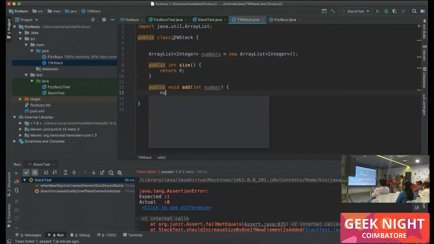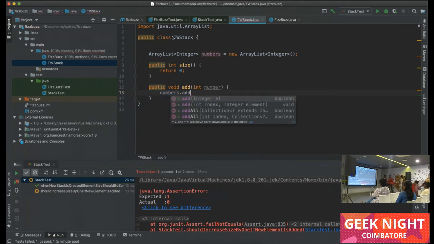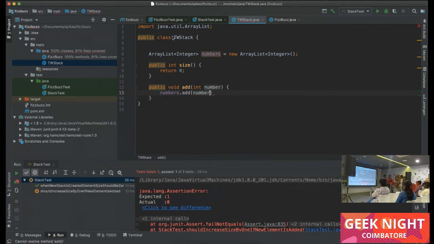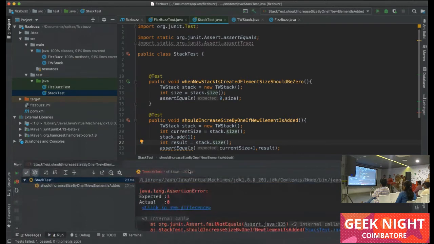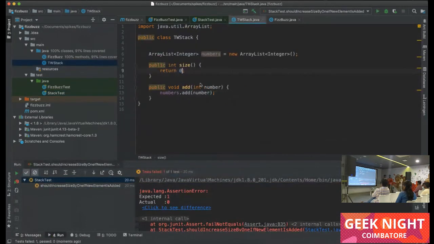Now we have done some implementation, but our tests still fail. What do we need to do?